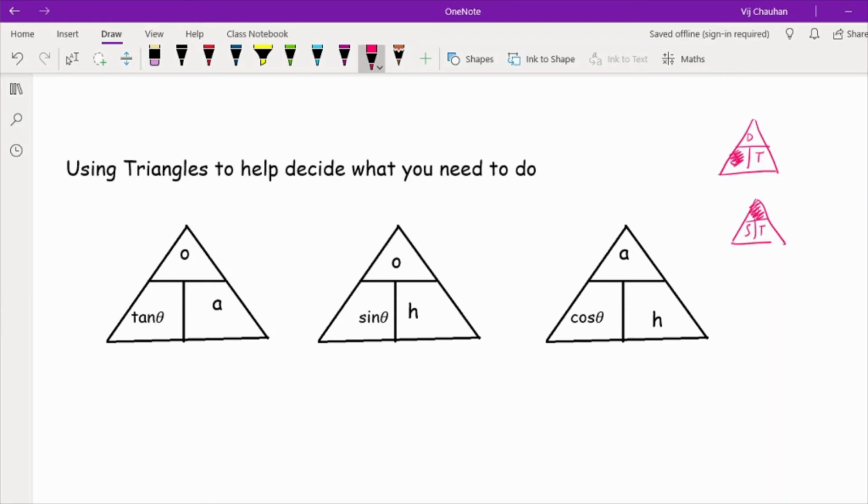Now the same kind of thing happens with these triangles here. If, let's say, X was here, then what I need to do is opposite over the adjacent. If my X was here, then I'm going to times those two things together. If my X was here, then I'm going to divide those two things. Now this leads forward, because one thing that you may have spotted in the previous 3 examples